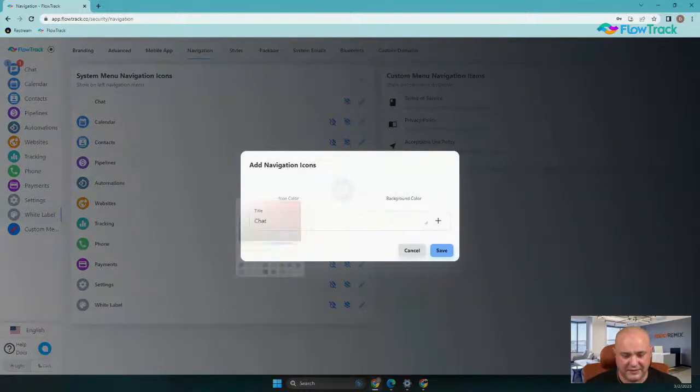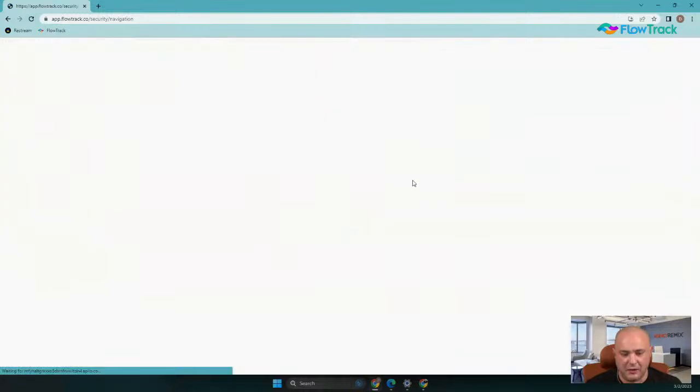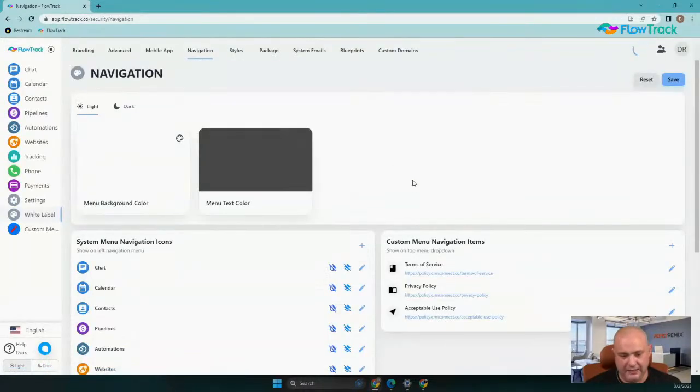So I accidentally reset it. I'm just going to hit reset real quick. But you can make this color match your logo scheme. Okay. And just so you could see what we have in ours, I'm just going to quickly show you what